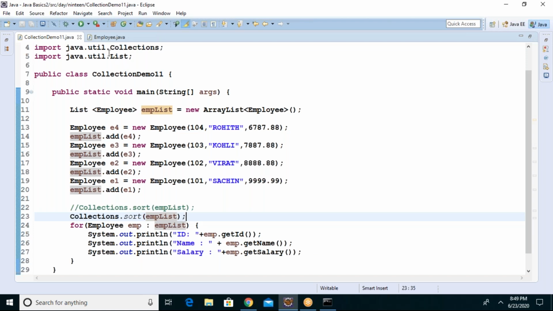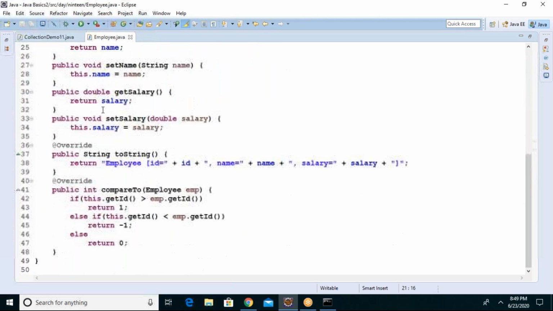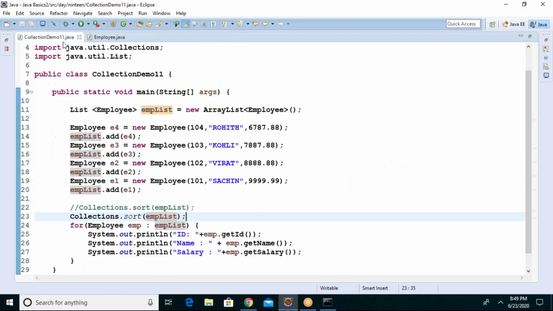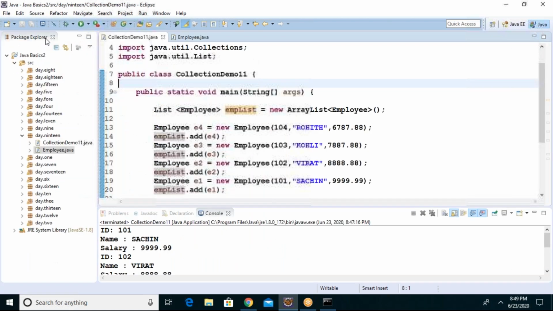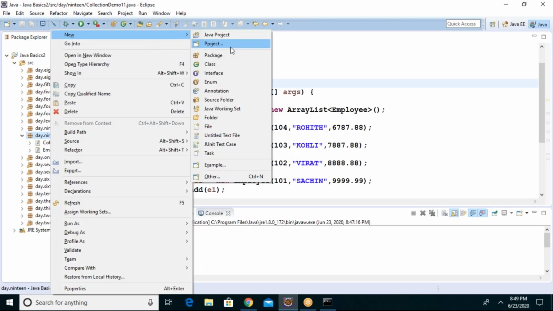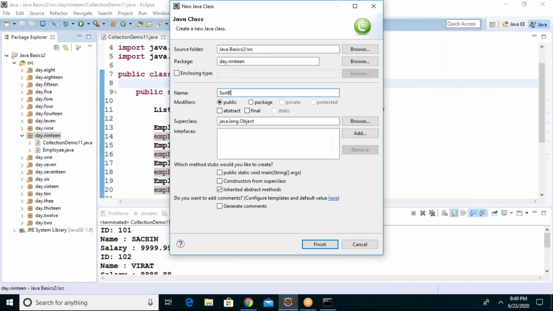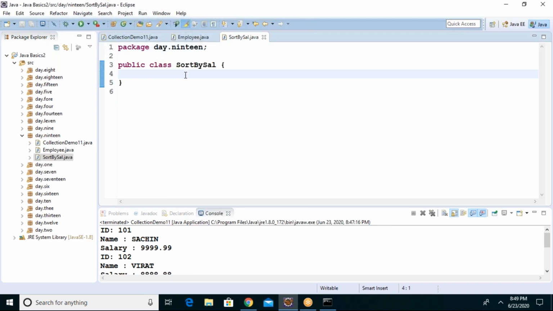Both means in one class you can't do both. You keep this Employee class for default sorting by ID. Then if you want the second option to be enabled as well, you go and create a new class, guys. Another, separate class with any name, SortBySal, for example. See, there is a new class I have created in the same package.